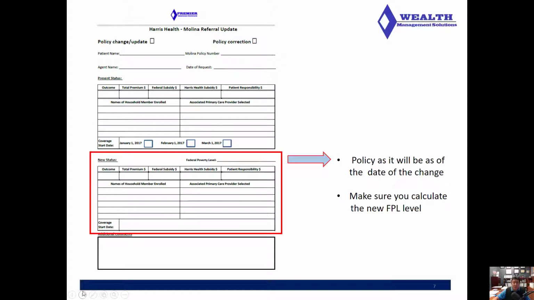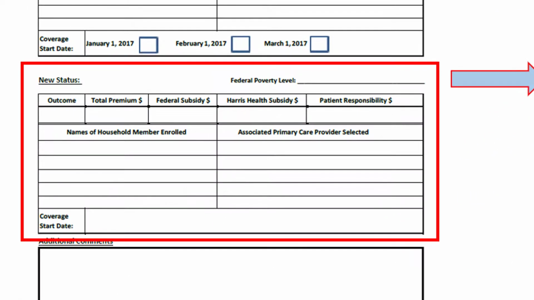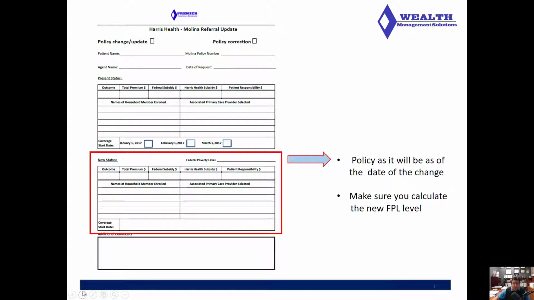Then we're going to talk about the changes that you're going to be making to the policy via an update that you want to make or the correction that you want to make to the policy. This is the information as it's going to be in the future once we implement the changes that you are soliciting with this form. First thing that we want to emphasize is the fact that you need to make sure you calculate the new federal poverty level chart level for the new policy based on the information that you're going